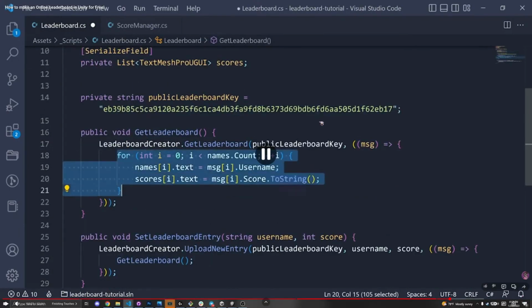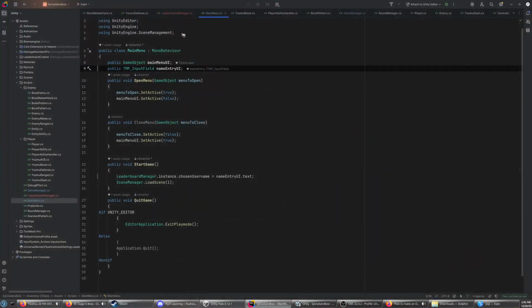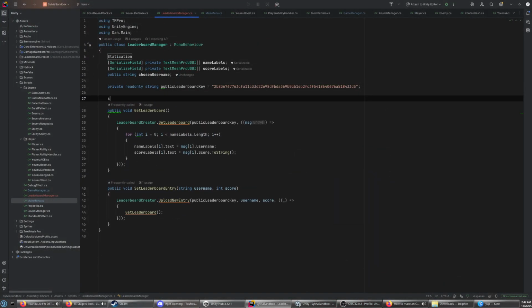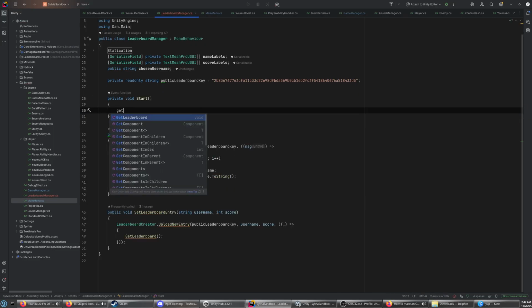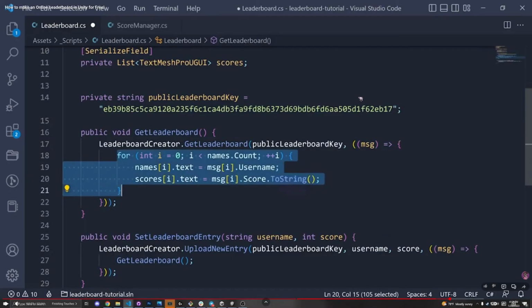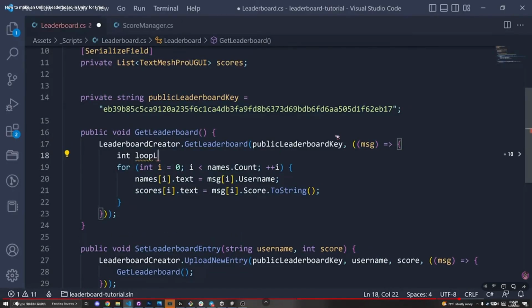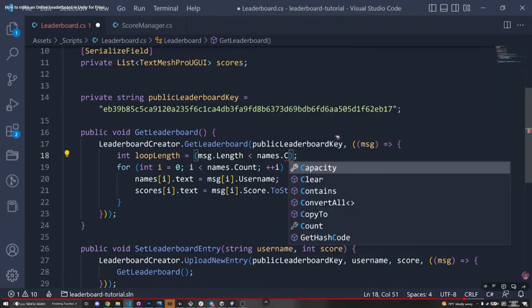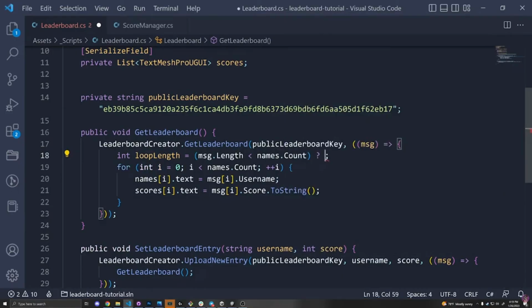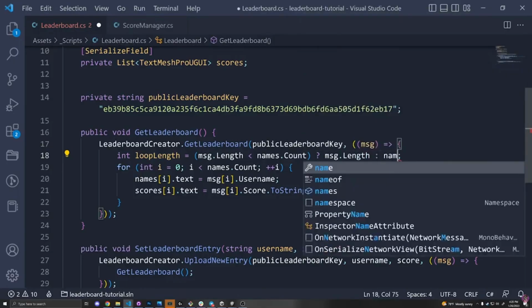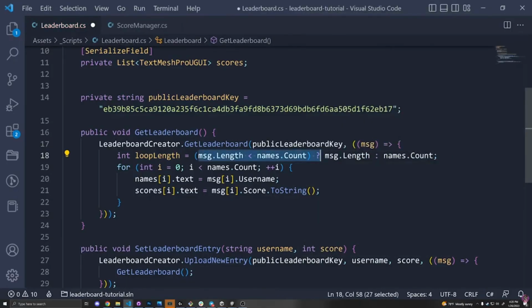So we can do an if statement in the for loop. However, to reduce the amount of time, we do names.count, and this is a way of doing a short if else statement. Then we choose the message.length, else we choose the names.count. So this is if this condition is true, then this value will be set, else